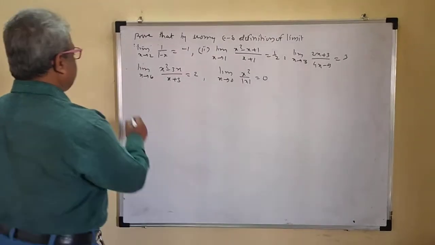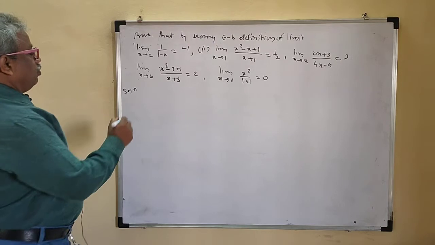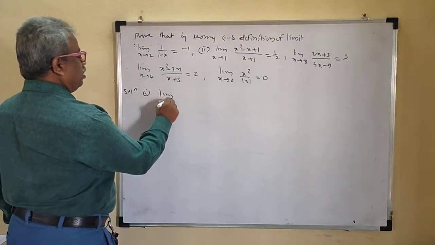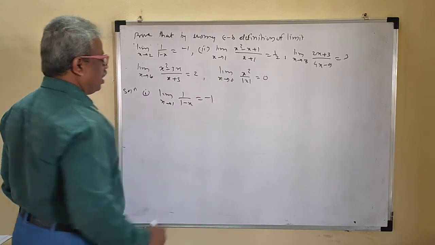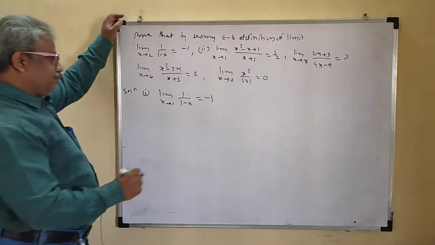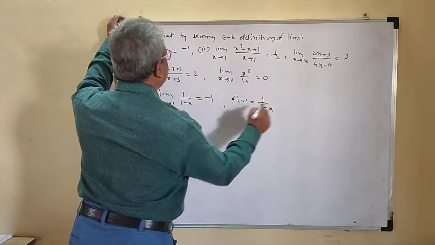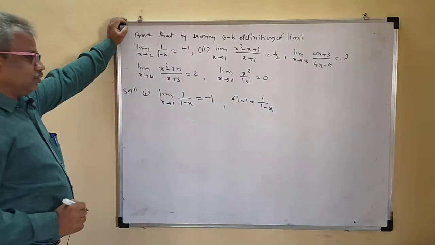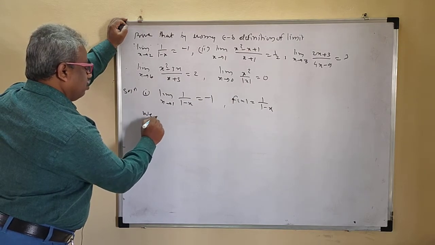We'll take this problem. Solution 1: limit as x tends to 1 of 1 upon 1 minus x is equal to minus 1. This we want to prove. So here f of x is 1 upon 1 minus x. Now we want to show that